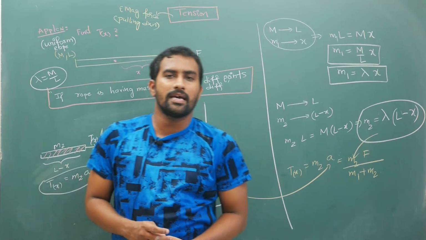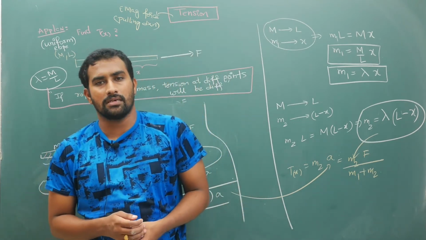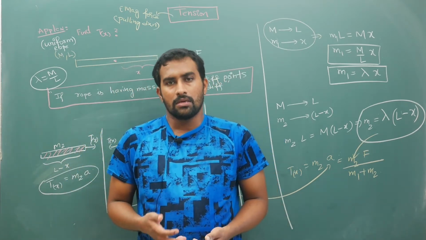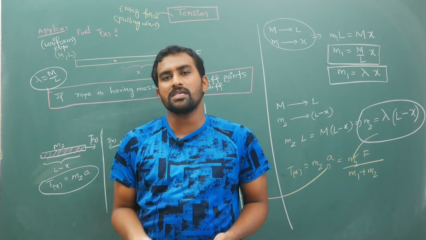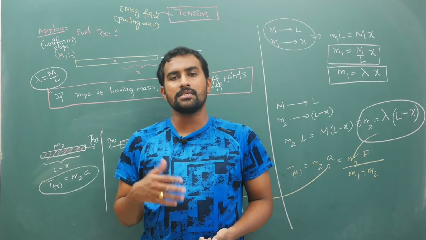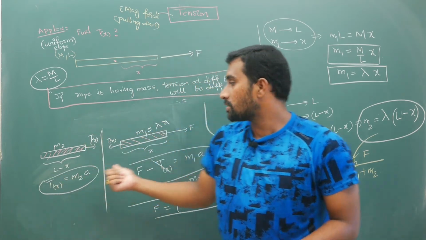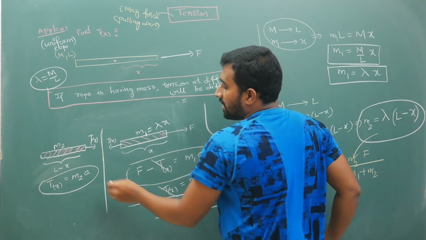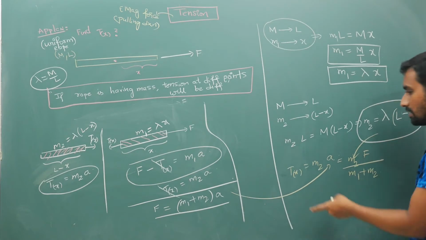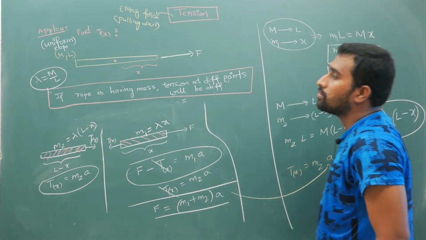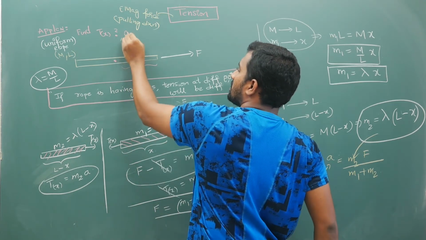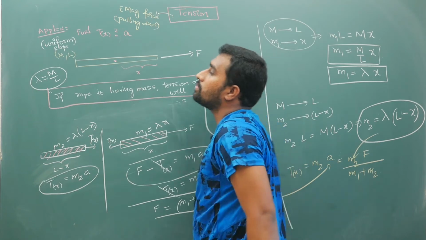Many teachers will directly start assuming that tension is constant, but I am telling you tension is constant only if the rope is massless. In questions you will be given the word light; light in the sense it is massless. But if mass is there, this is what you are supposed to do, where m2 is lambda times L minus x, and m1 is lambda into x. Like this you have to calculate the tension and then do the calculation. If I give a question like find T of x, with acceleration, this is how you are supposed to do it.